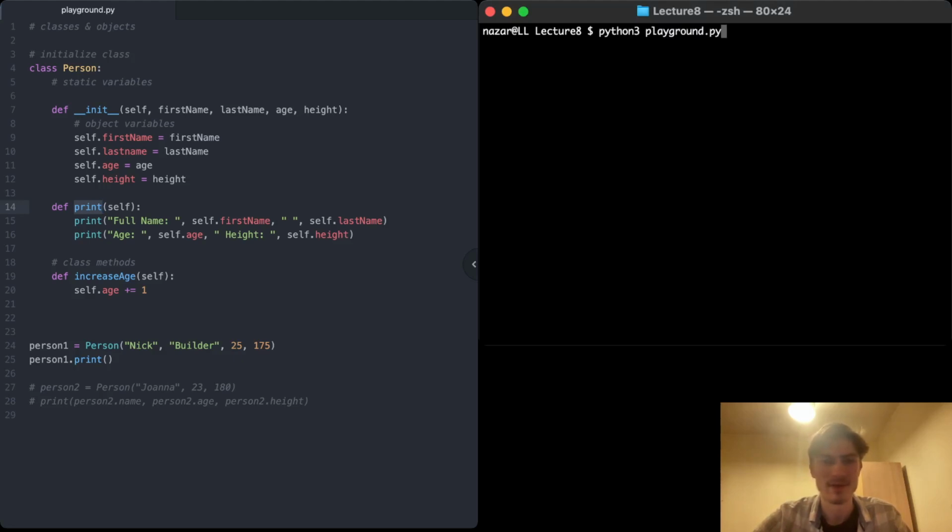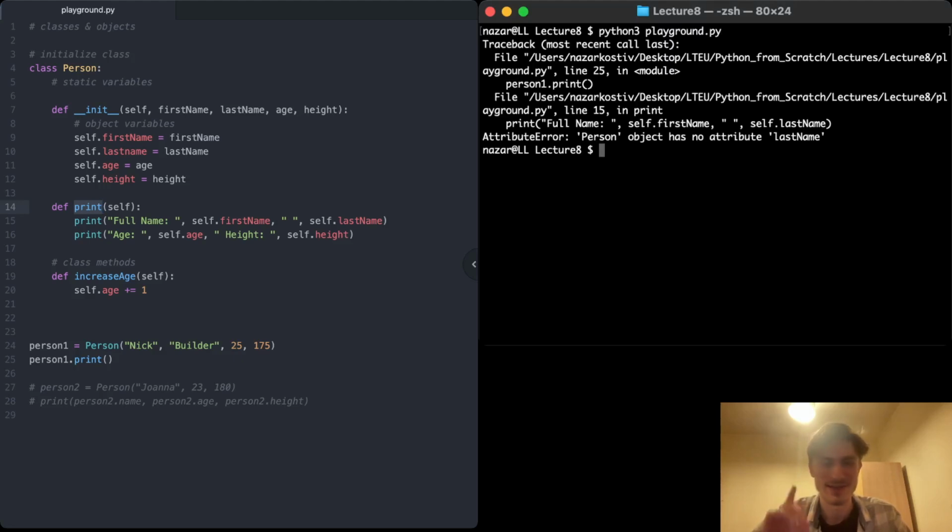And if we run our code again, we will actually get one more error, just because I had a typo in here. Last name, I wanted to do it camel cased, and that's how I'm referring to it in our print function. That's why it's screaming at us that there is no attribute last name, but now that I've changed it, it should all work. And yes, it does. So we get full name, Nick Builder,